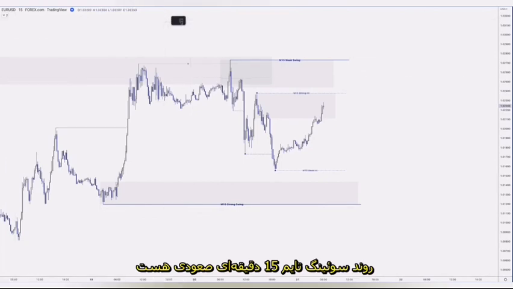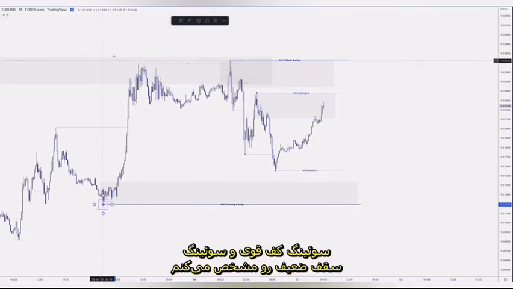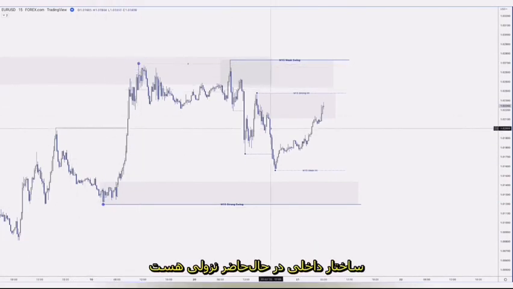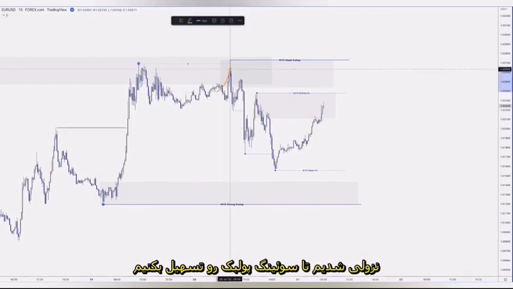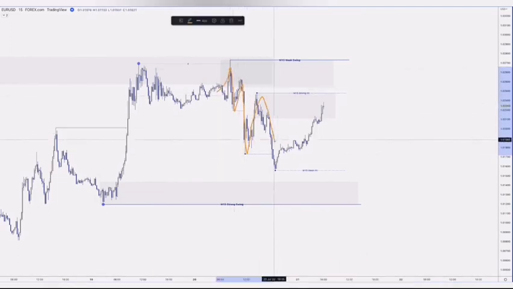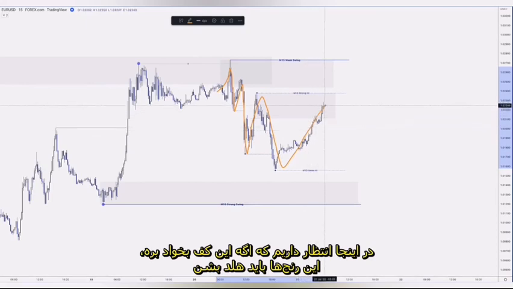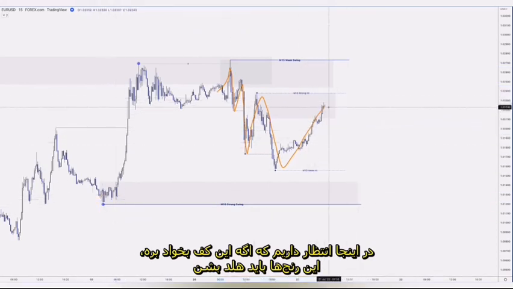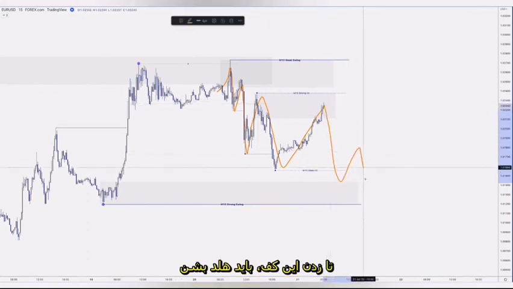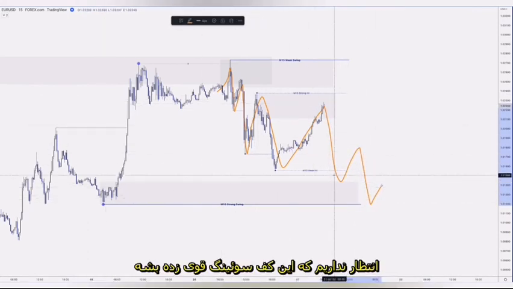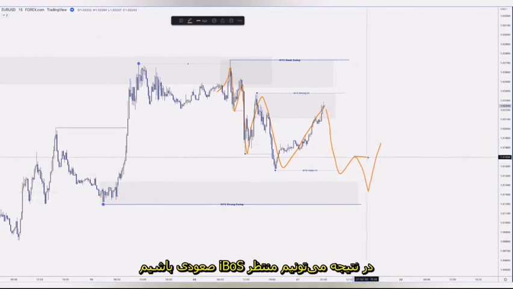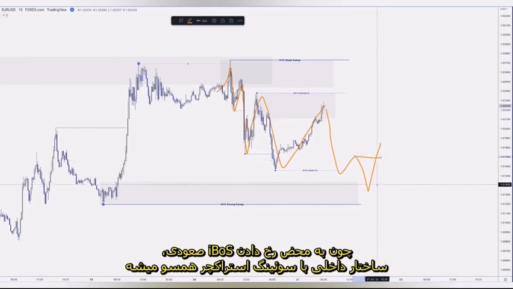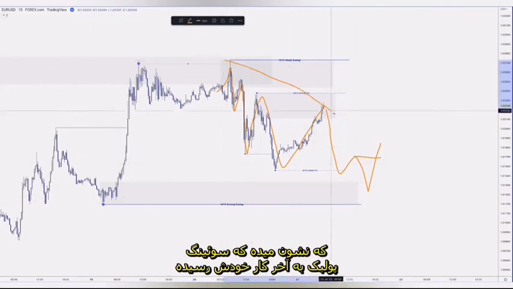We have an M15 swing trend as bullish. So this is our strong swing low, and then this can be our strong swing high. The internal structure is currently bearish because we've had that switch bearish to facilitate the swing pullback. So at this point, what we expect is if this low is going to go, then these ranges need to hold, right? This should hold until it takes out that low. Obviously, as we come into this strong swing low, we would expect that that's not going to happen. And that's why we can wait for the bullish IBOS, because once we get that bullish IBOS, the internal structure is now aligned with the swing structure because they're both bullish,